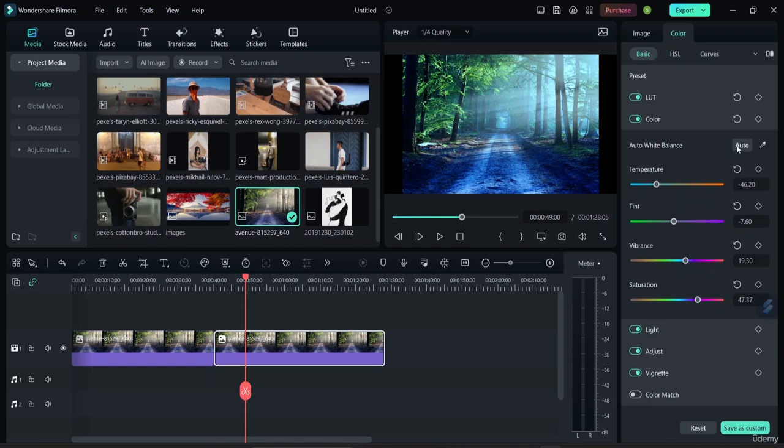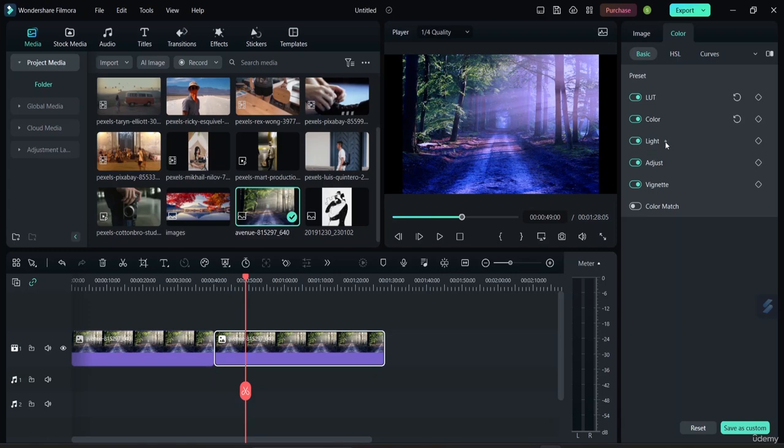And here, if you want auto balance, like if we don't want to do it manually, we can just select this option and it will be balanced automatically. So we don't have to manually work with temperature, tint, vibrance, and saturation. And here we do have another option if we want to put color in a particular place, it will appear like that. Okay, I'll just select the auto,